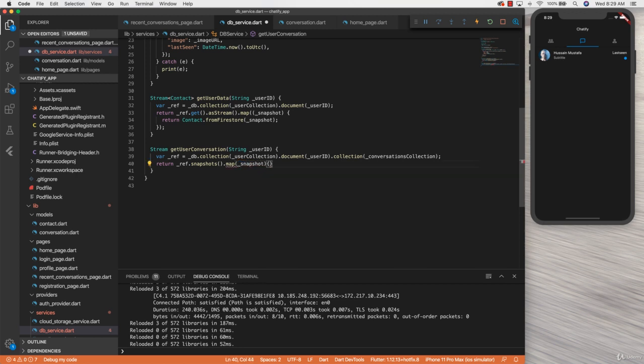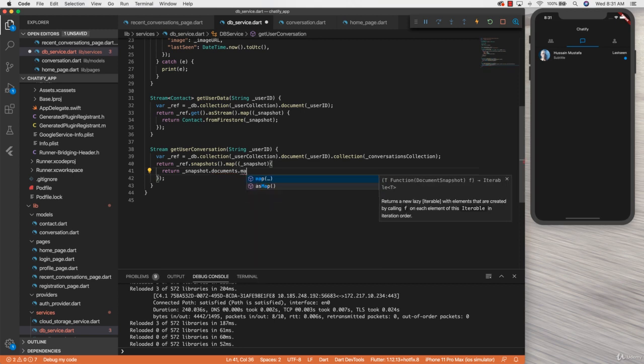And then what we're going to do is map our actual snapshot. Okay, so now we're going to add the corresponding commas here, do this and remove these curly braces, and then add the corresponding semicolon. So now we're going to take the snapshot and access the documents in our snapshots. And then we're going to map our document into a new